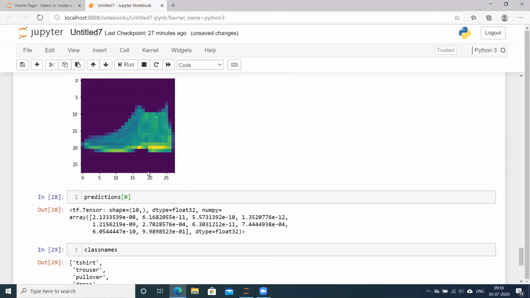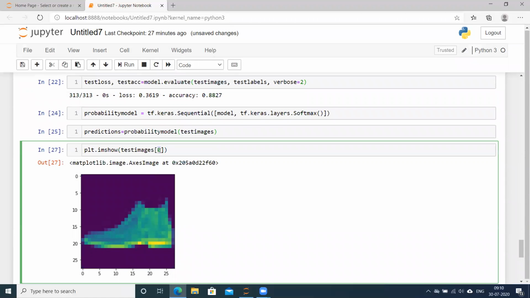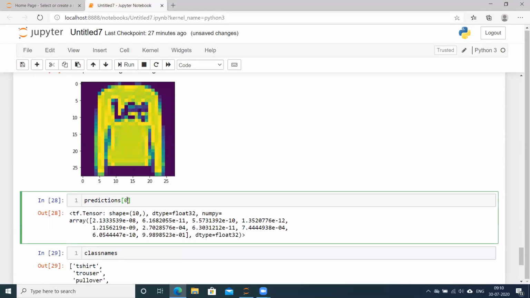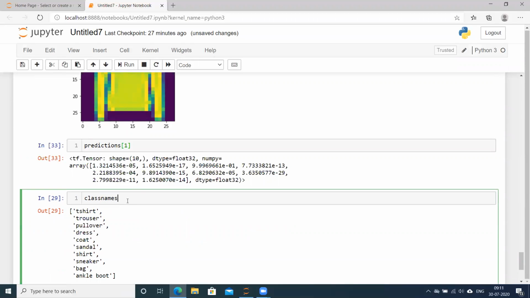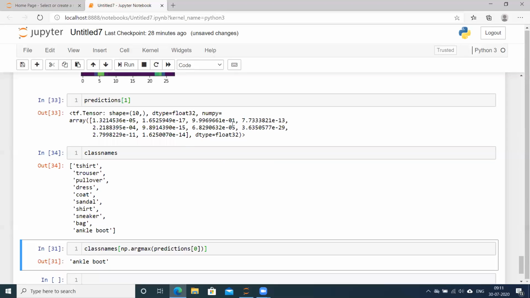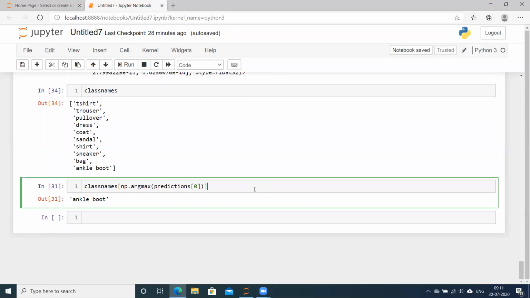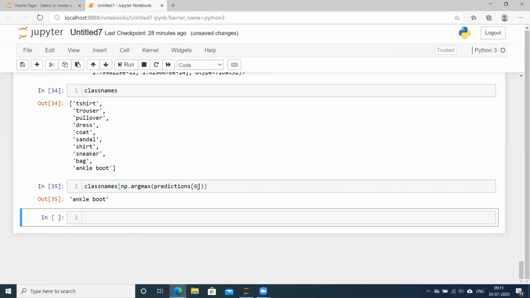Similarly, we can look at the image at the first position. The image at the first position is this one, which seems like a t-shirt or pullover. Let's see what probabilities we are getting. This is the probability we are getting, and here the maximum probability is this one. So this is 0.99 probability for the third class, and the third class is pullover only. Let's print it. Sorry, here we need to write the one. And here we can see it is giving us that this is a pullover.